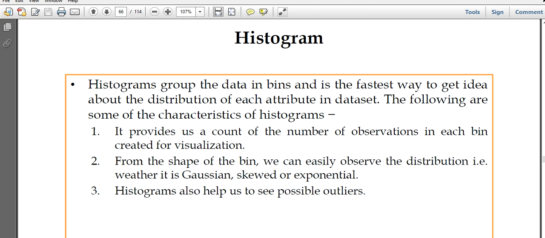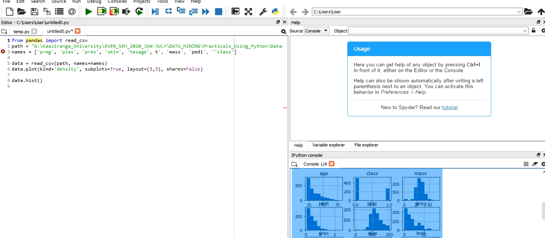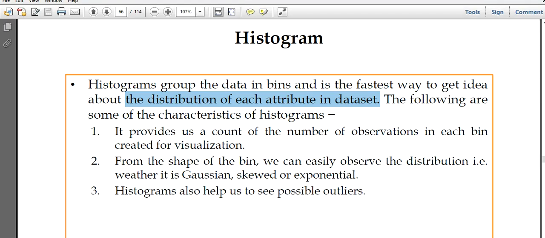Histogram is the way of grouping the data in bins. Remember the term bin. This is the fastest way to get the distribution of each attribute in the dataset, and this is very clear from the output. It is showing all the attributes' distribution in the dataset. So, from the shape of the bin, we can easily guess that